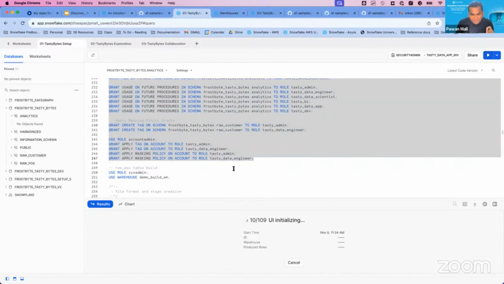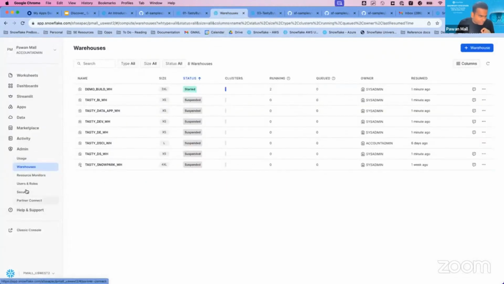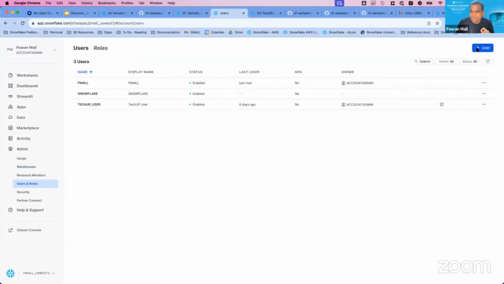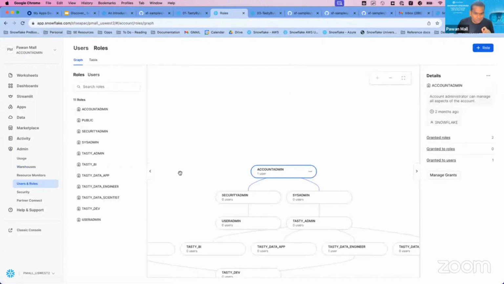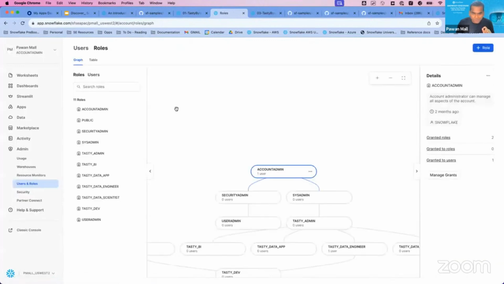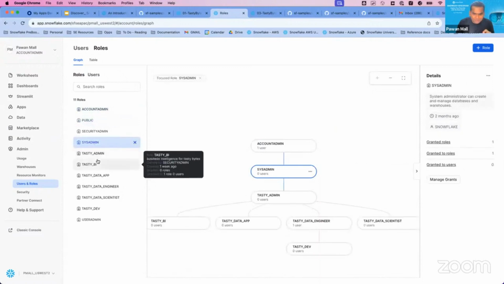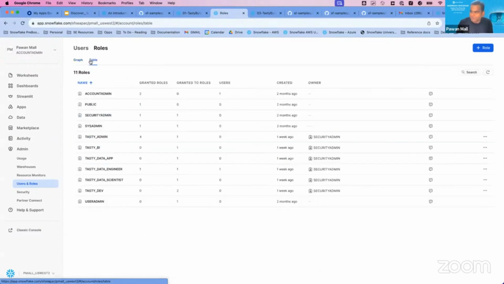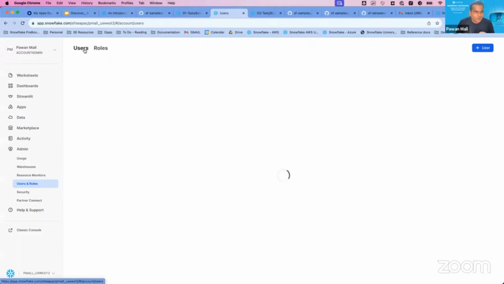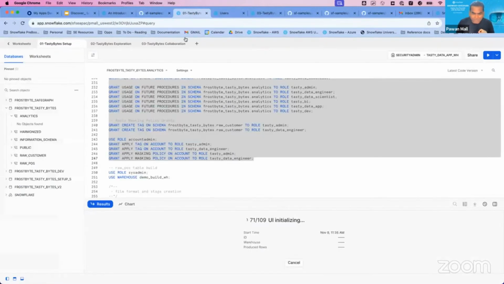Now currently all these roles and the users are getting created. You can see this if you come to this user interface here, the roles which are getting created. Let me just refresh this a bit. So you can also see the whole role hierarchy. For example, account admin, security admin, sysadmin, and all these different users and roles which are getting created are available here. You can deep dive into more details of it, but it's a very intuitive interface which shows all the users and roles and all the details around it.